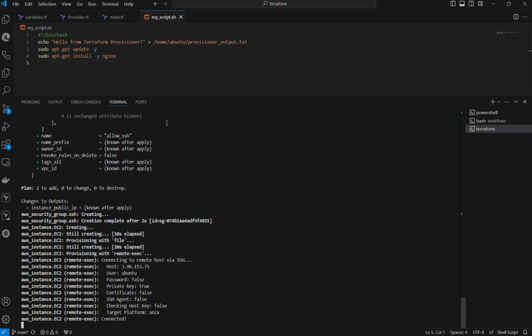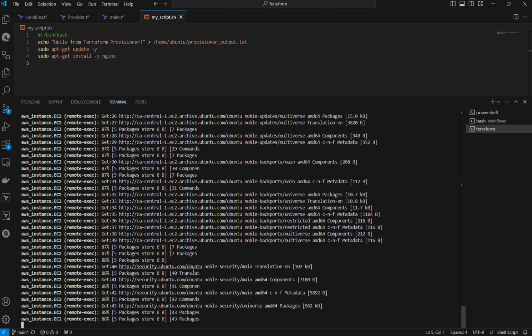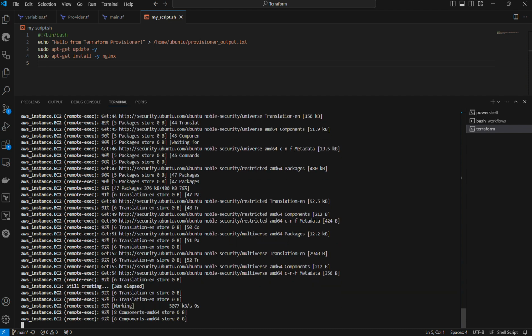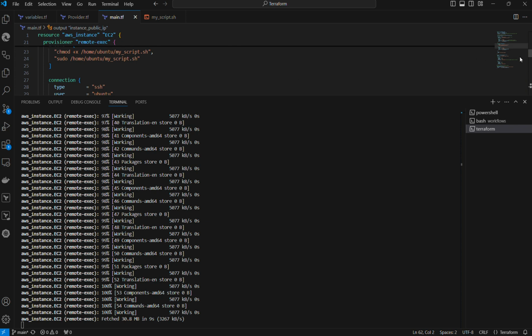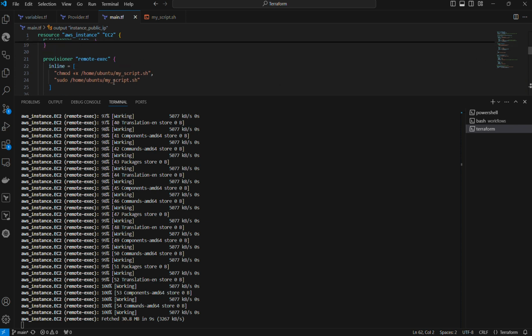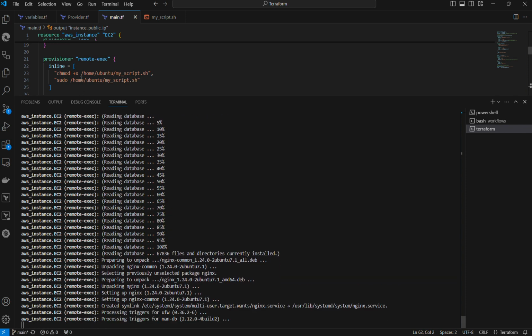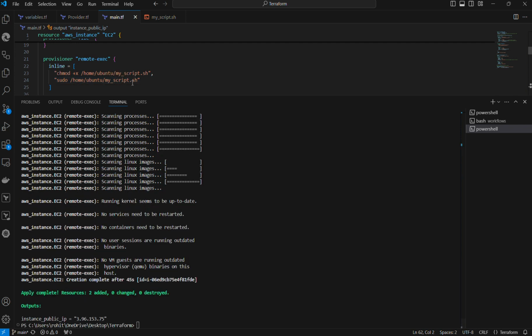it's still creating. So this is remote execution, all happening inside our server, with the remote-exec command which we have used. So this script is going to run. Basically the chmod has happened and sudo is there, and after that the script runs inside our EC2 server. And this is the public IP, so we can grab the IP here,